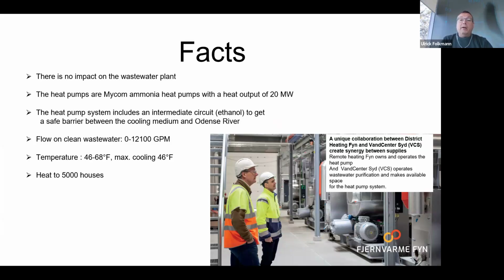So the wastewater plant is running the filters and these things to be sure they can bring clean and perfect water over to the central heating company. And they can deliver up to 20 megawatts of heat out to the customers in Odense, heat for around 5,000 people. Of course, it depends on how warm or cold it is outside, but this is a very stable warmth. So instead of Odense adding heat from waste factories and other things where they burn all the waste to make heat out of it,